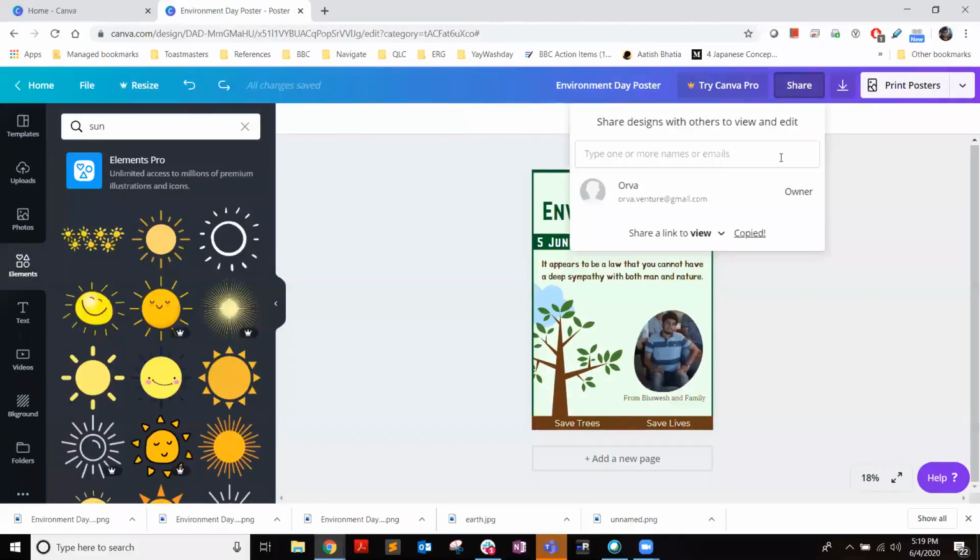Is there anyone else who would like to share their poster? Sir, you sent me, I didn't see it on the chat box. WhatsApp, sir. Okay, you are able to send on the WhatsApp group. That's amazing. Yeah, fine. Then we can share on the WhatsApp group itself. What better than that? So everyone, please download and share your posters.